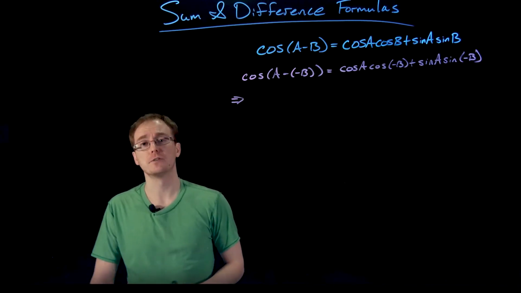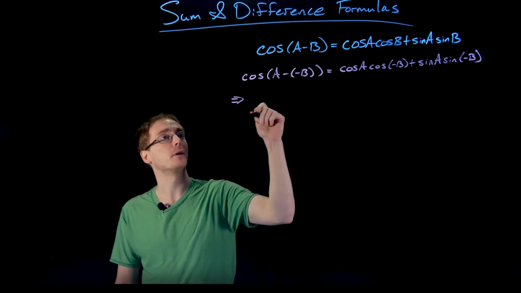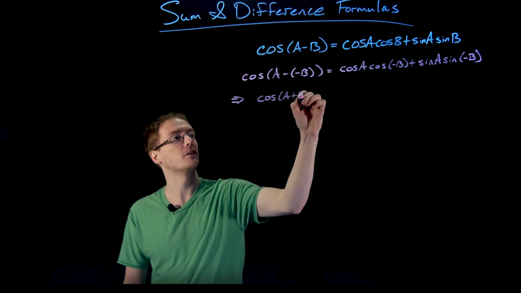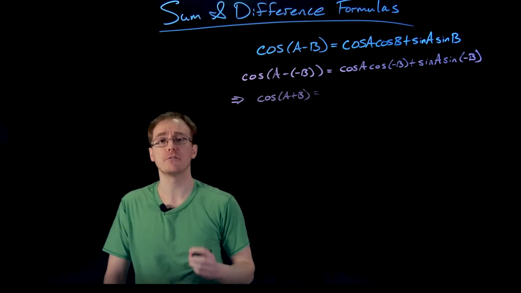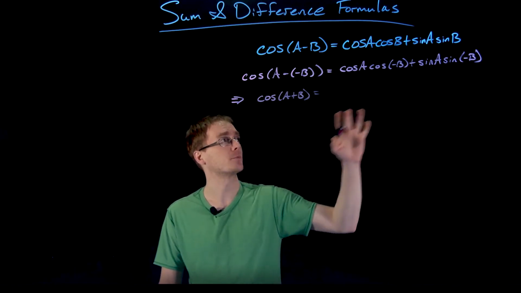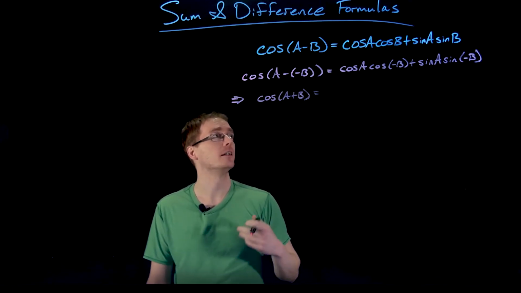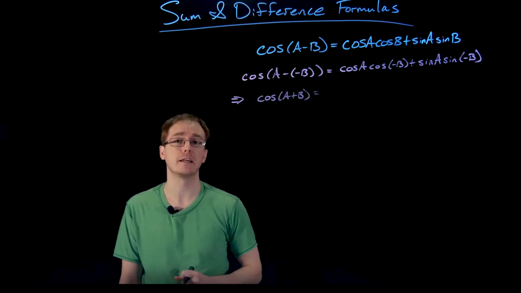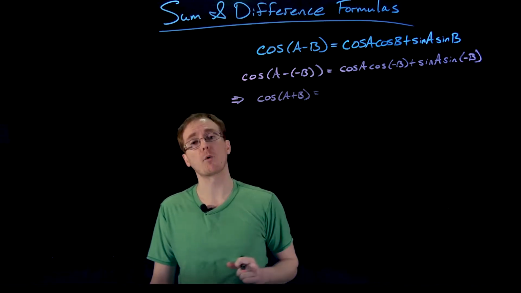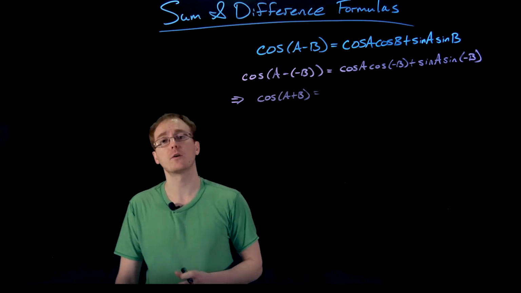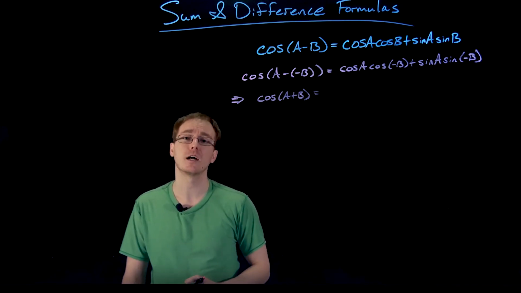Our initial motivation for doing this is it makes the left-hand side of our equation become cosine of A plus B, so that's working towards our cosine sum formula from our cosine difference formula, and that gives us the right-hand side expressed slightly differently in terms of sine of A, cosine of A, and sine and cosine of negative B. We're going to be able to do a little bit more work here and simplify the right-hand side of our equation, but we're going to have to remember another one of our properties of our sine and cosine function,